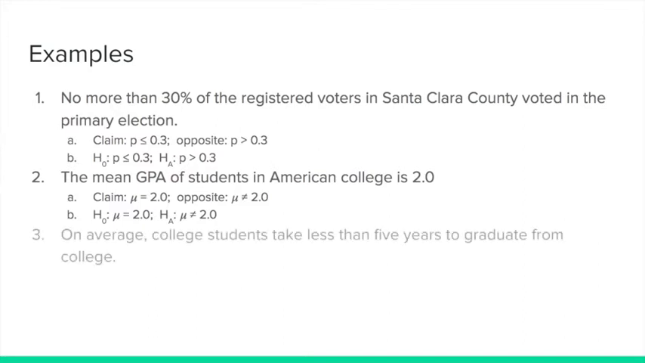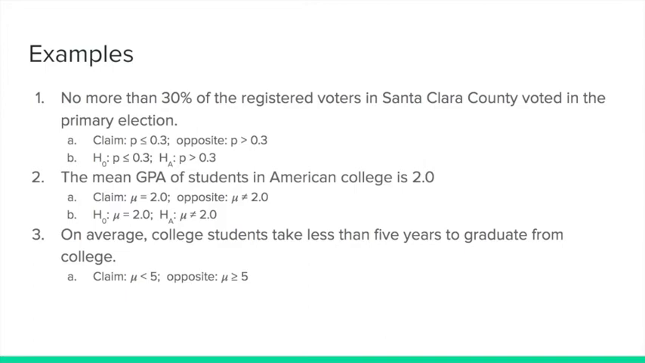In this third example, on average, college students take less than 5 years to graduate from college. This statement is just a less than statement. So this time we have mu, because again we're talking about averages or means. Mu is less than 5, and the opposite of that would be that mu is greater than or equal to 5. Okay, again, here's that opportunity to make sure that you include everything that is opposite of the claim, including